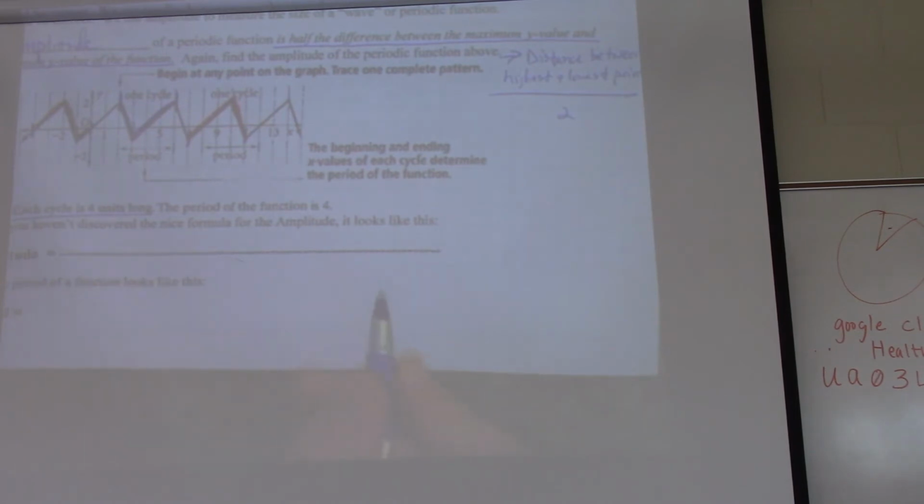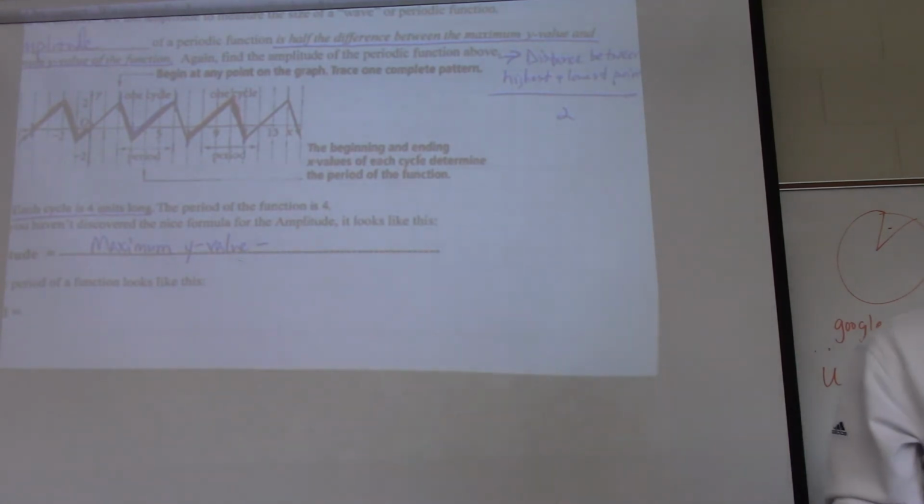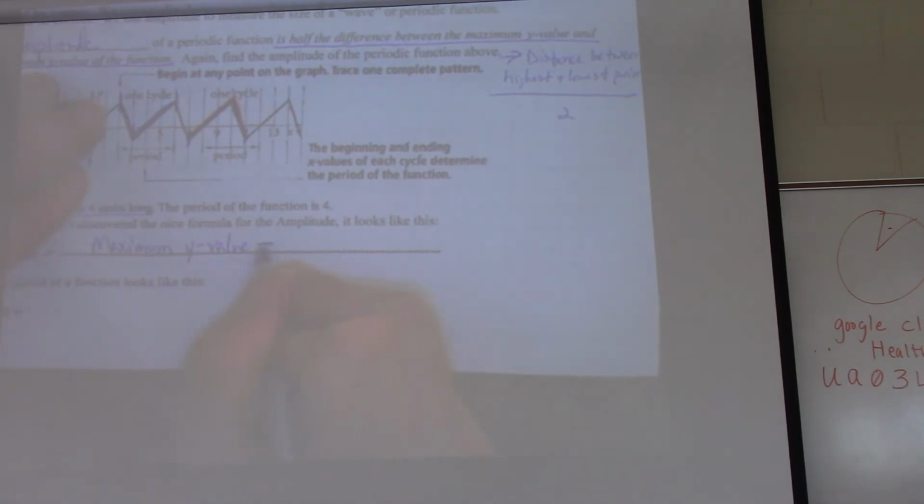In case you haven't discovered it, and I already kind of talked about this, a real nice formula for the amplitude looks like this, and this is something you definitely want to memorize. Maximum y value. What do I mean by the maximum y value on a graph? Think back to when we had to read graphs. It's the very top of the graph, right? That's what I mean by that. Maximum y value is just the very top. Minus, that's a minus sign, minimum,